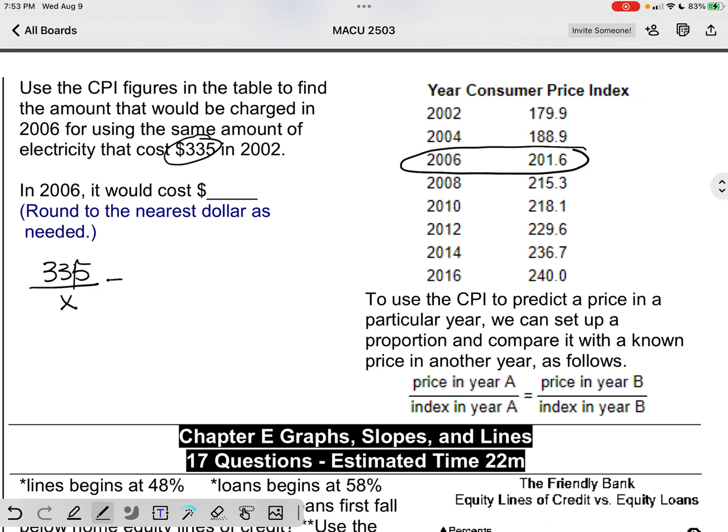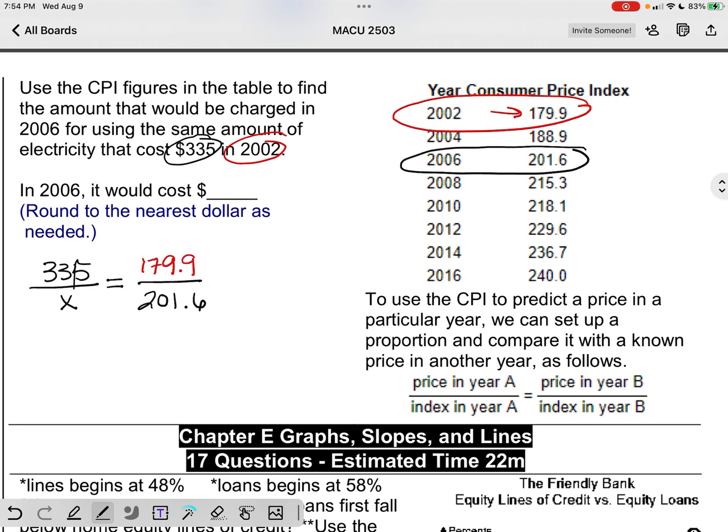And in 2002, did you notice it was a different year, right? 2002, your CPI was 179.9. But in 2006, it was 201.6. Okay, so, wait. Money,